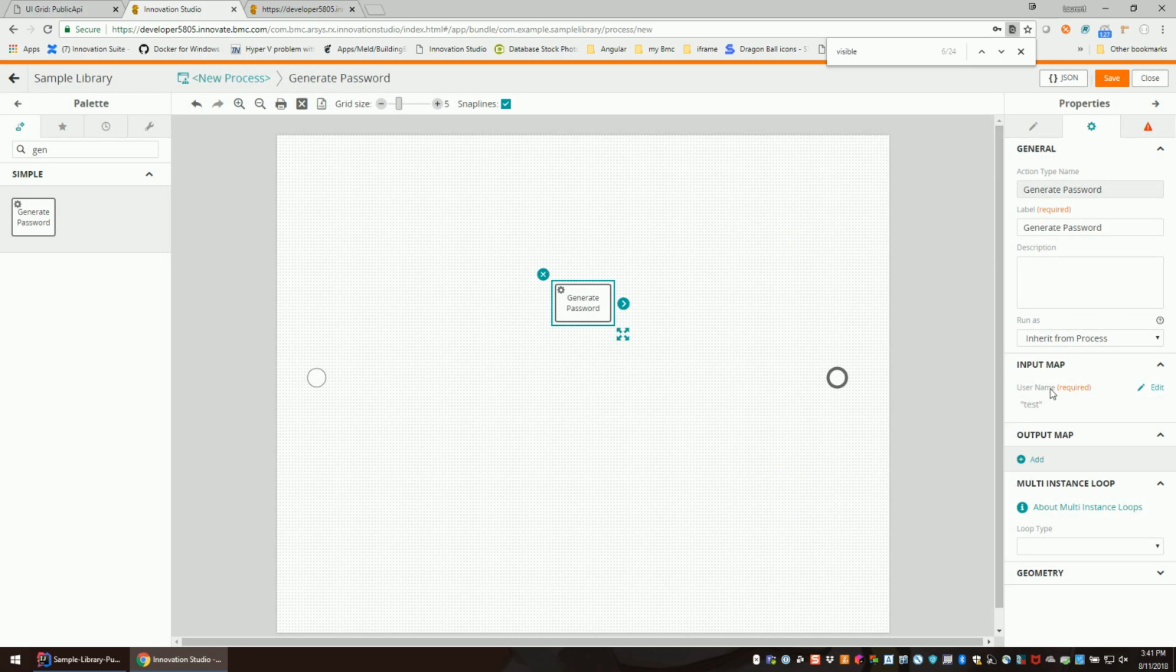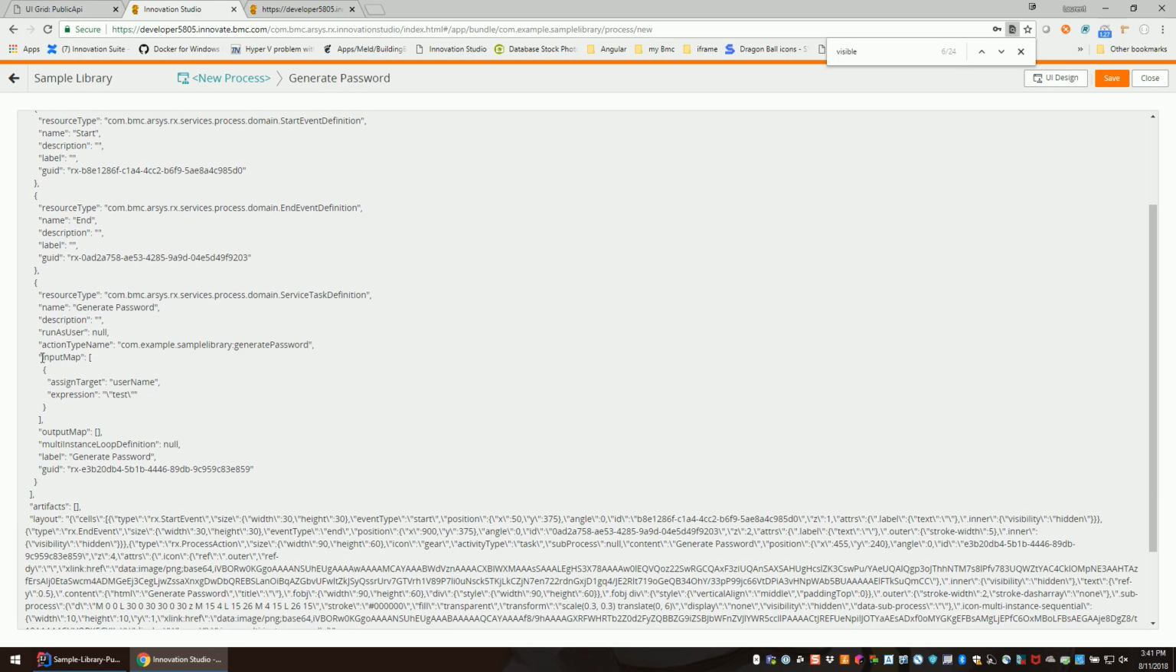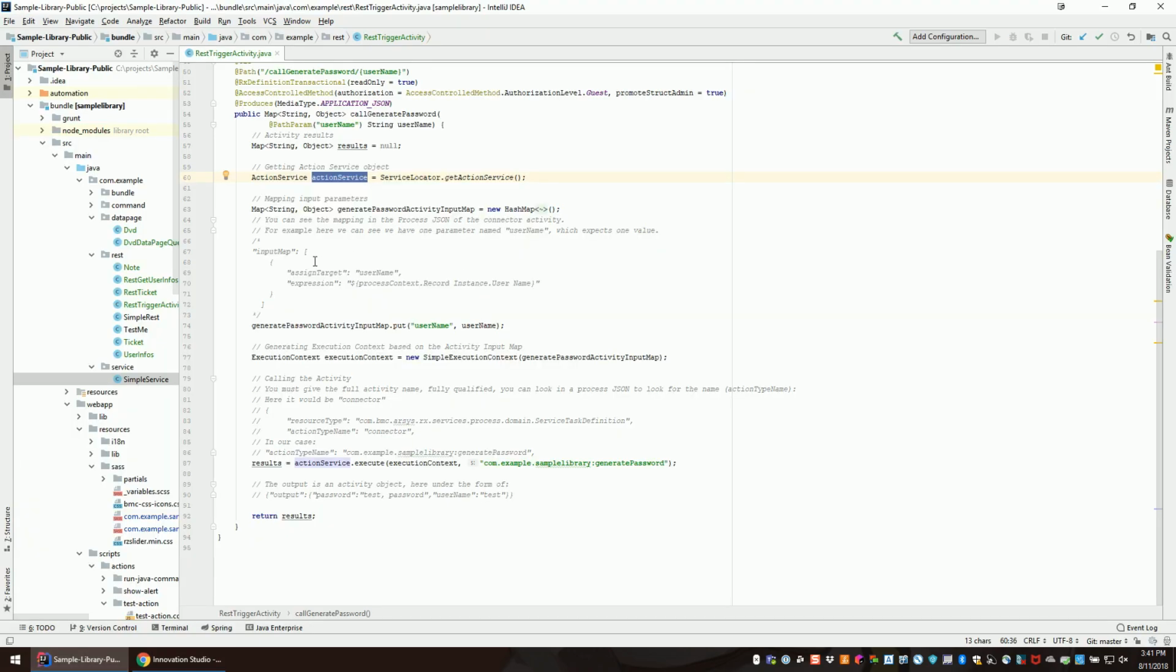And see here, you have one input map with one parameter. So how do you know what's the name of the parameter, how to do it? You just click on JSON, and you can see that you have one input map, assign target, username. So username is the name of the input parameter, and here is the expression. So if you look in Java, I copy pasted it, so you have assign target username, and the expression was